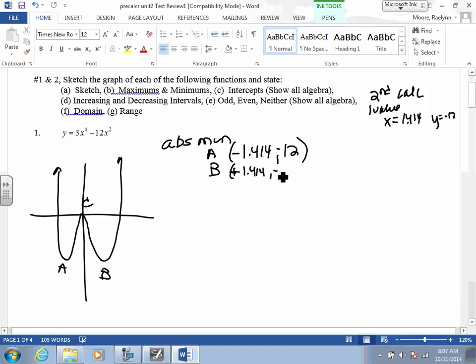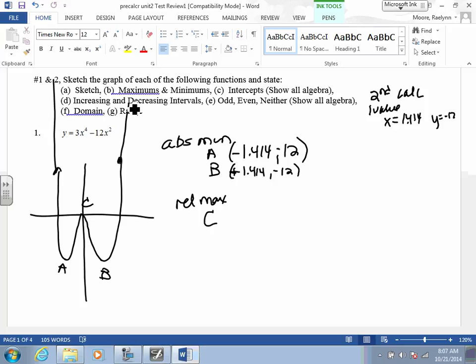Okay, what is point C? What would we consider point C? Is it our relative min, absolute max, relative max? Relative max. It's a relative max because it's the maximum relative to this area, but my max is indefinite, my absolute max. So do a max, or an easy way to do this,